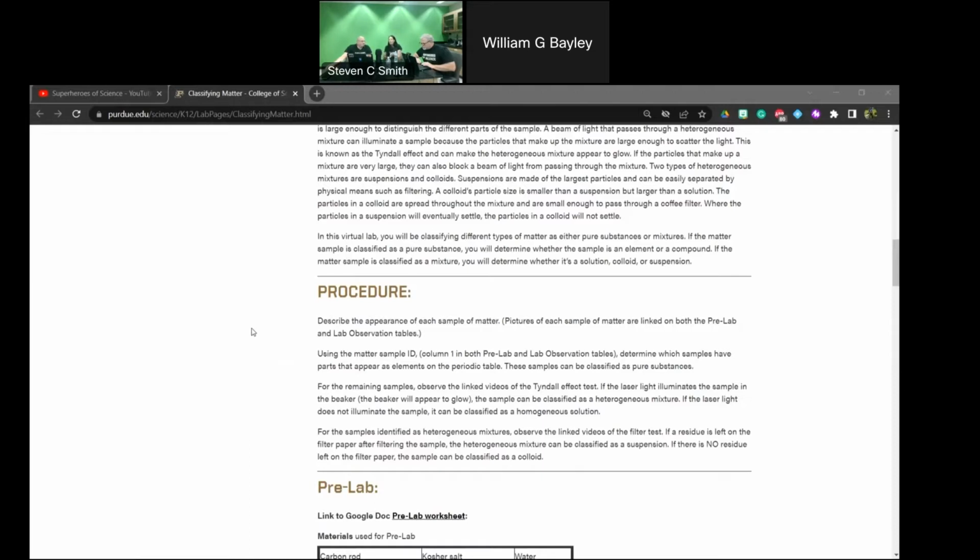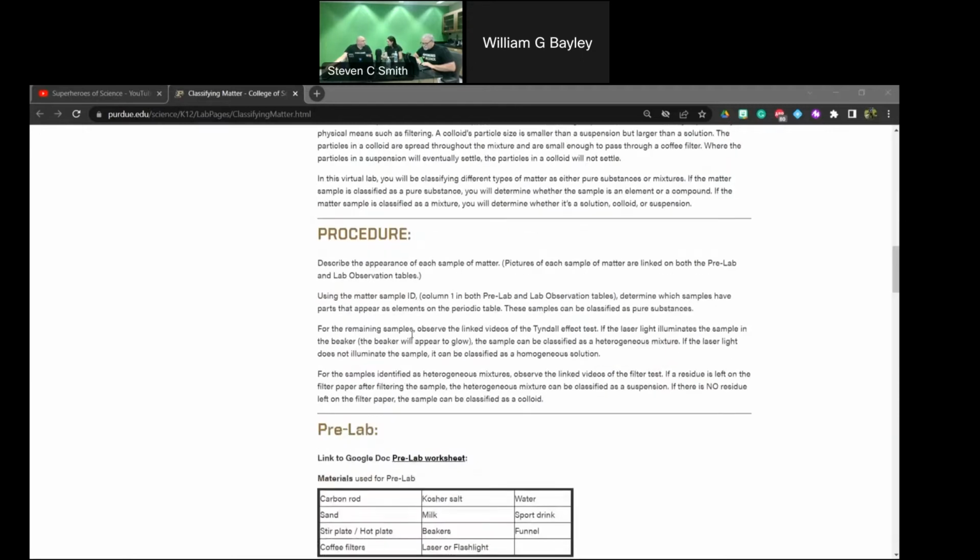But I didn't put into this procedure using safety glasses because this one is all online. But if you do it in person, you would consider using safety glasses, even if we were just using... I can add that to the lab. Yeah, I'll add that to materials. That's good. Yeah, that'd be good. Write that down.